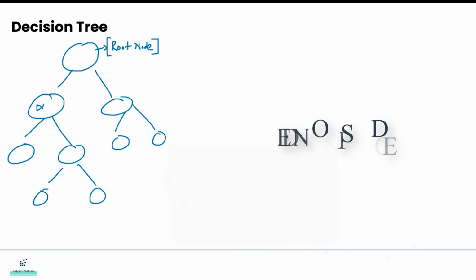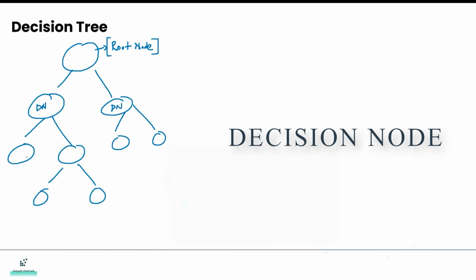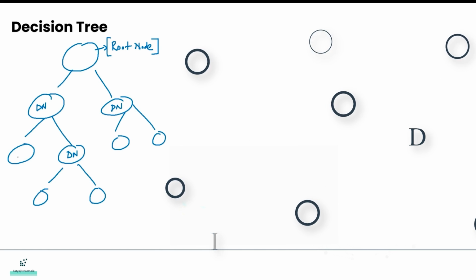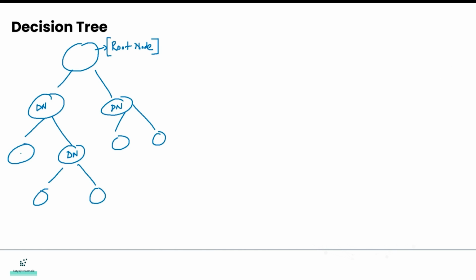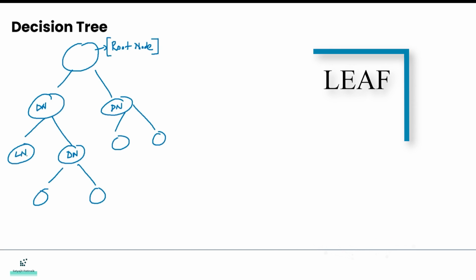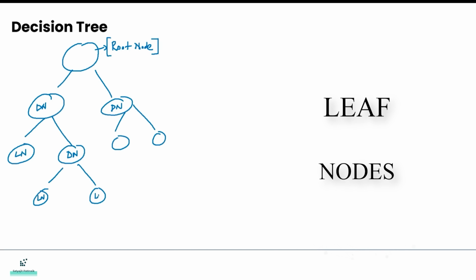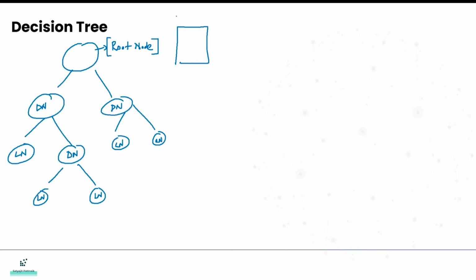This node is called a decision node. And all the nodes where you don't have any further steps are called leaf nodes. That's how your decision tree looks. Based on the type of data that you have, where you have multiple features, age, salary, location, and so on, your decision tree algorithm helps you create a tree like this. And based on that tree, you will be able to take decisions.